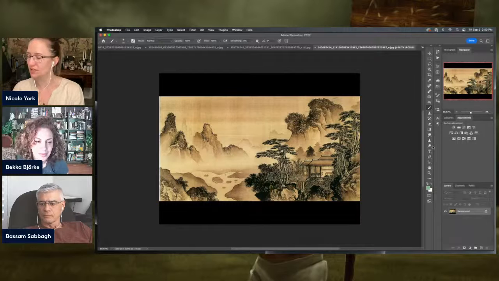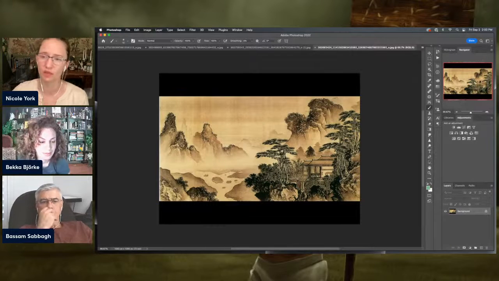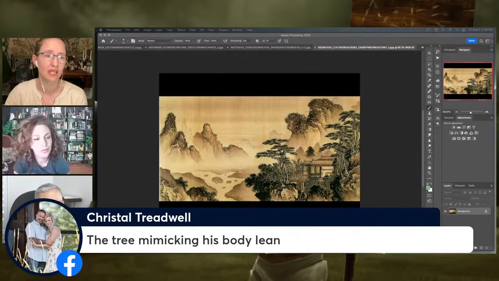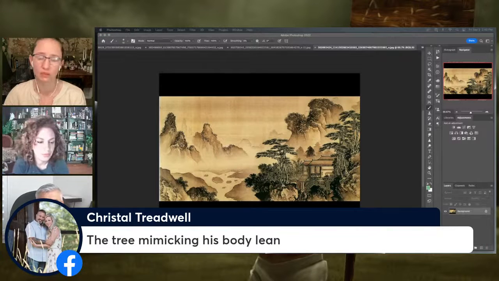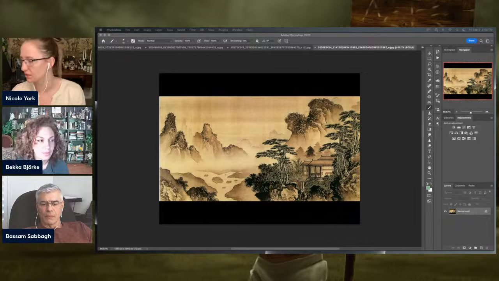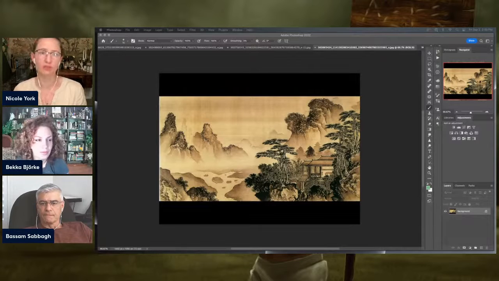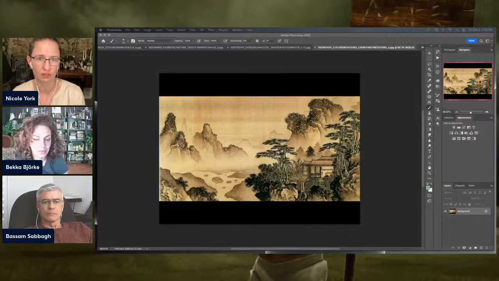Okay, I'm curious to hear what is the thing that stands out. So Crystal mentioned in the other one that the tree was mimicking the shape of his body, the way he was leaning, which I think is a great observation. I'm really curious to hear for this one what first pops out to people compositionally.